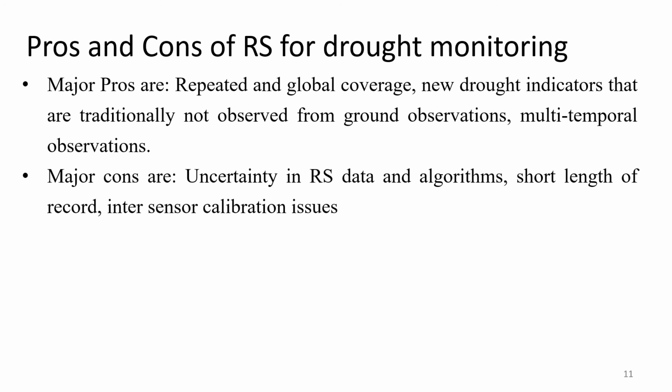And inter-sensor calibration issues. One particular satellite sensor may work for 10 years, 15 years max, something of that sort. MODIS is kind of an exception, working for now 20 years. Some sensors work very long, some sensors work only for a very short duration. If there is a change of sensor, say one sensor worked for 10 years and now I have switched to a new satellite and a new sensor and I want to continue the record, the value will change based on the sensor characteristics. Say I want to use a time series of NDVI from the 1980s or even the 1970s. I have the Landsat record, the AVHRR record, and recently from 2000 I have the MODIS record and everything.